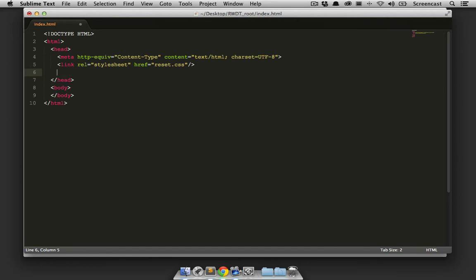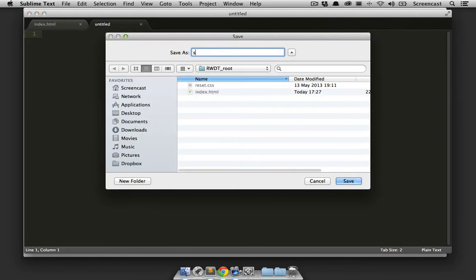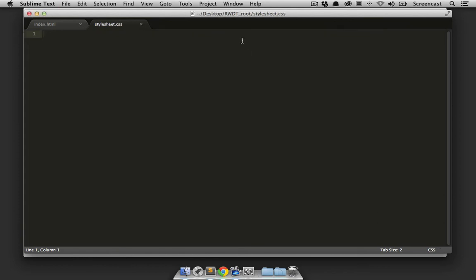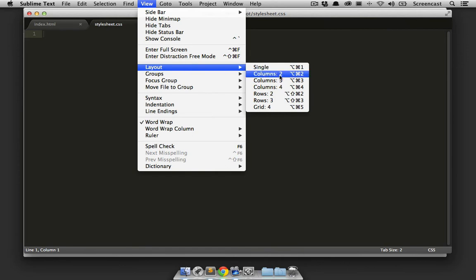The next thing we're going to want to do is declare our style sheet. So this is our main CSS style sheet. It's the thing we're going to style the majority of our website with. So let's stick that in the same way we put a reset in. But this won't do anything yet. So we're going to have to create a new file and call it stylesheet.css. So I'm going to hit Command N and we're going to hit Command S and we're going to call it stylesheet.css. Now the other thing I like to do in Sublime Text is hit View, Layout, and then 2 columns,